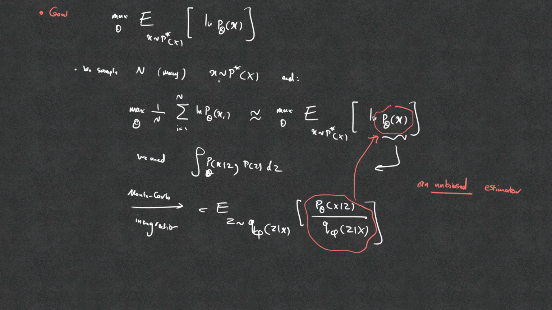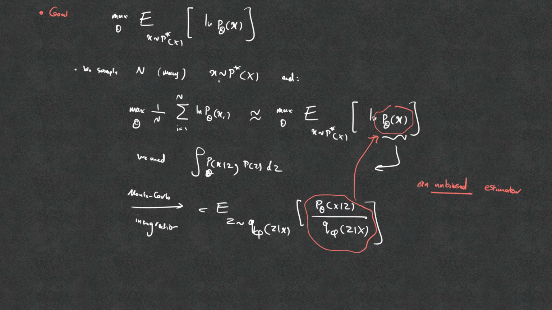Then you use the Monte Carlo integration, and focus on the expected value of z being sampled from this latent and this conditional, which is p theta of x and z, q of z and x. So you basically are focusing on the